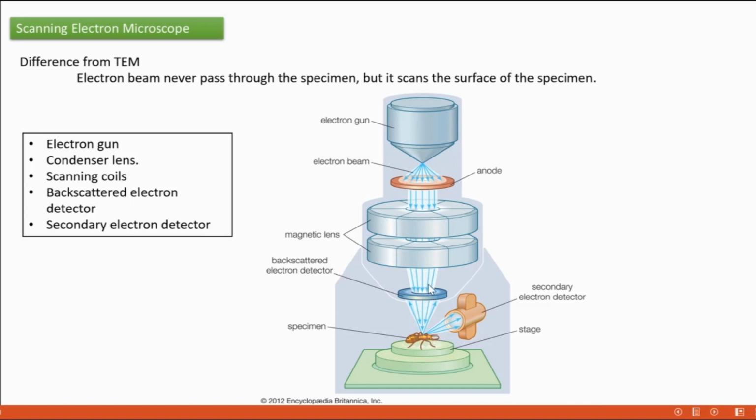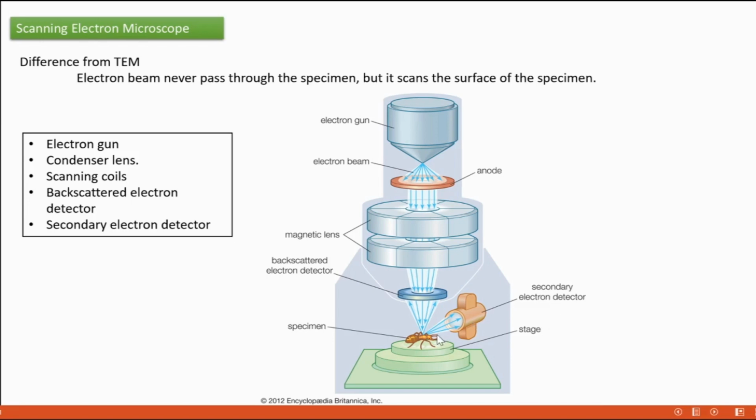Understand? Three types of changes happen to the beam that falls on the specimen. I am talking now about the first change. The beam falls on the specimen, some portion is absorbed by the specimen, and another form of electron beam is emanated from the specimen, and it's called the secondary electron beam. It is detected by a detector called the secondary electron detector. Understand? This is one form of change, one form of process that happens after the beam hits the specimen.